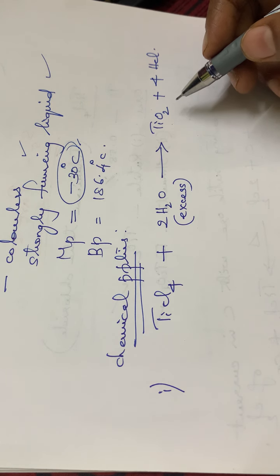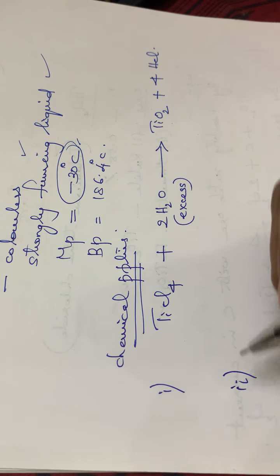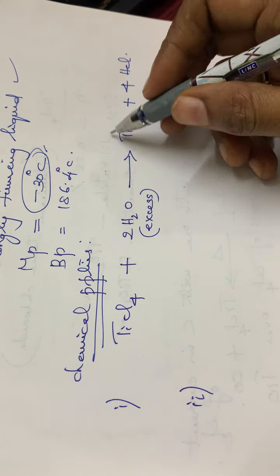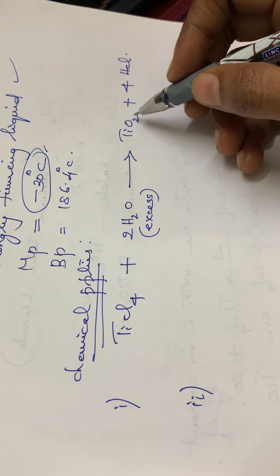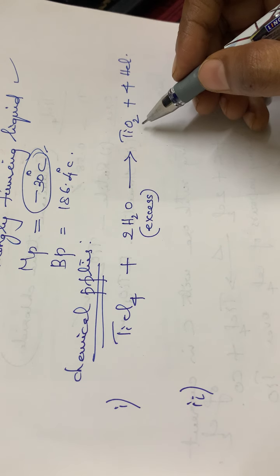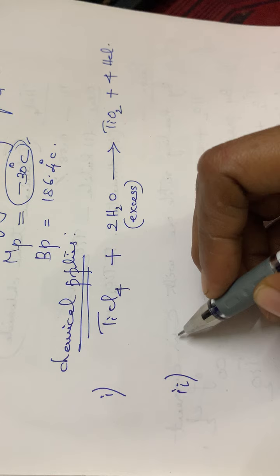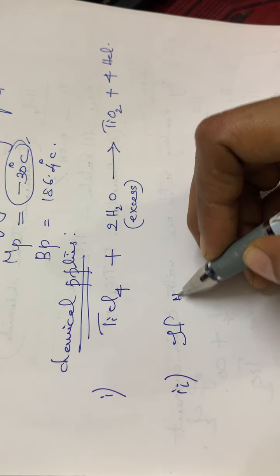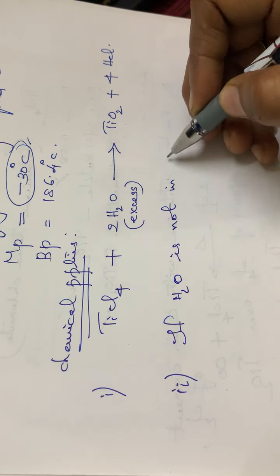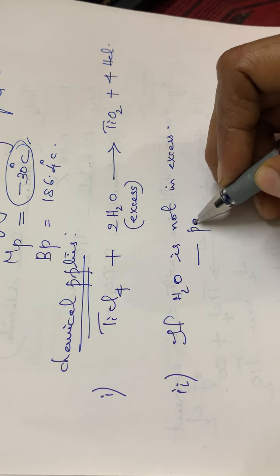Here we are using water in excess, and the second reaction is if water is not used in excess. In the first case, a complete hydrolysis occurs. But if we are not taking water in excess, then only partial hydrolysis takes place. So if water is not in excess, that is the second reaction. If water is not in excess, what happens? Only partial hydrolysis